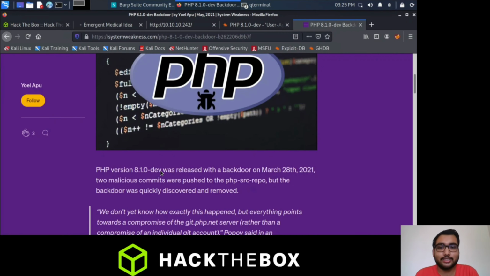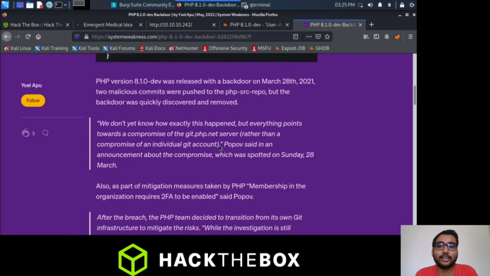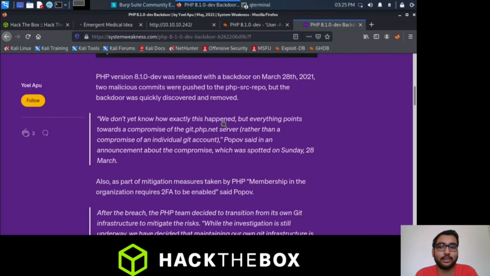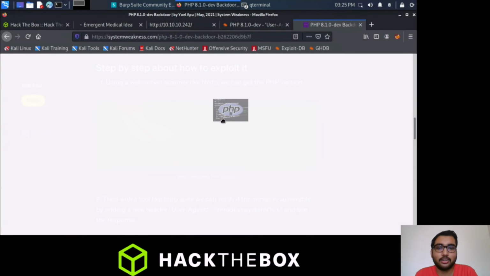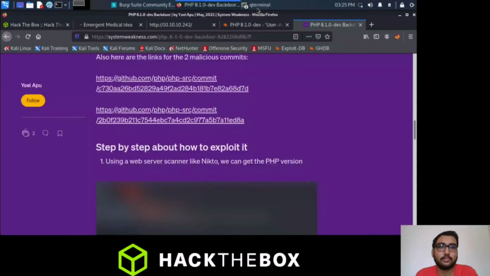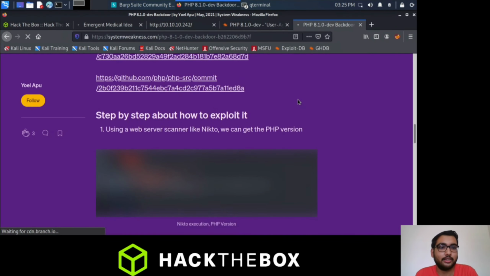So this version actually contains a backdoor, and we need to look at how we can exploit this backdoor for our use. If we just go down here, something's wrong with my browser here.